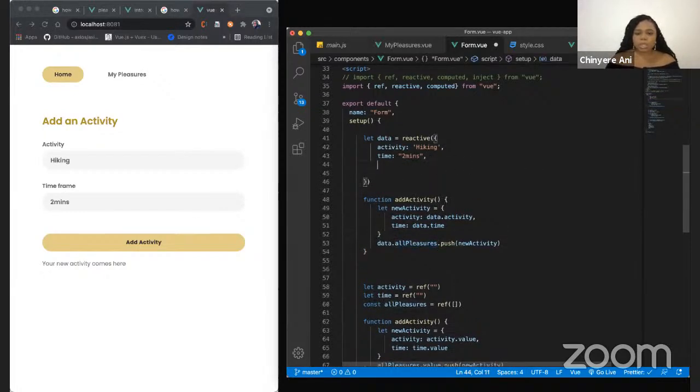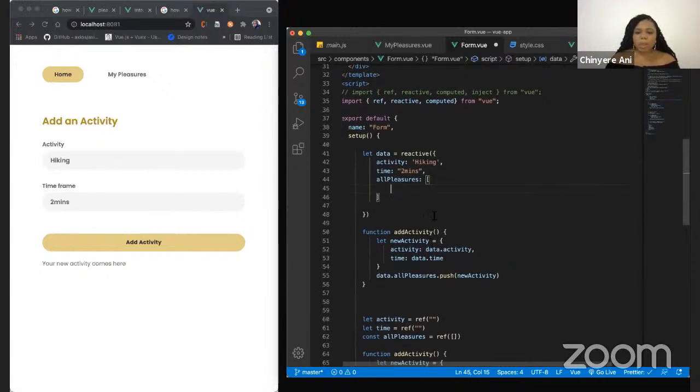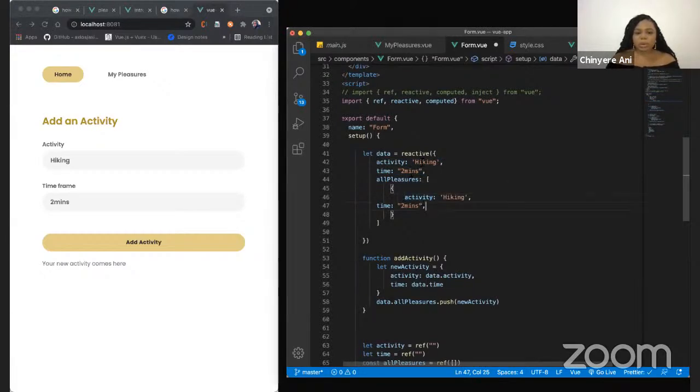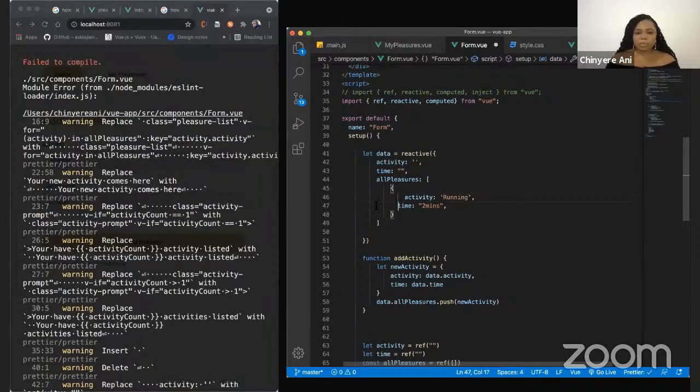I want to copy this, and if you want to make reference to it, you know what, let me just create a dummy data. I'll just pass what I currently have here. I'll delete this, clear it. I'll change this to running so that we can see the difference. And then once I save this,